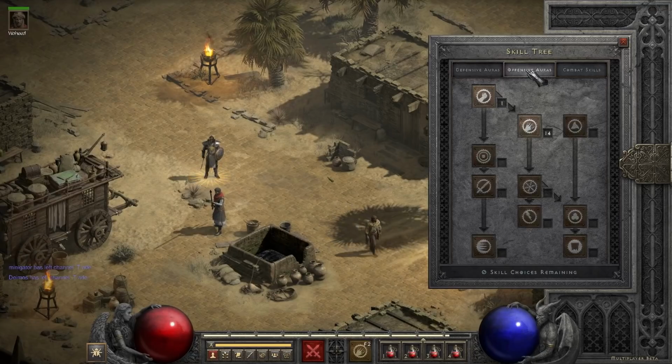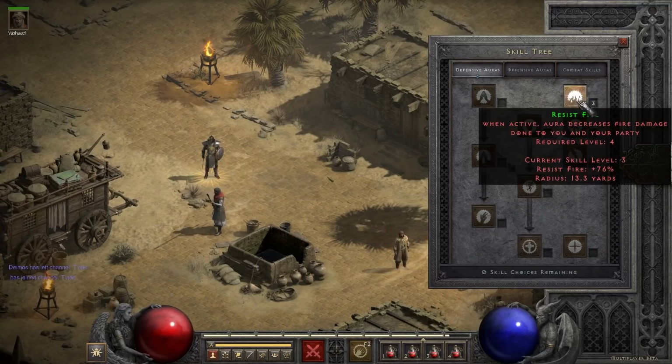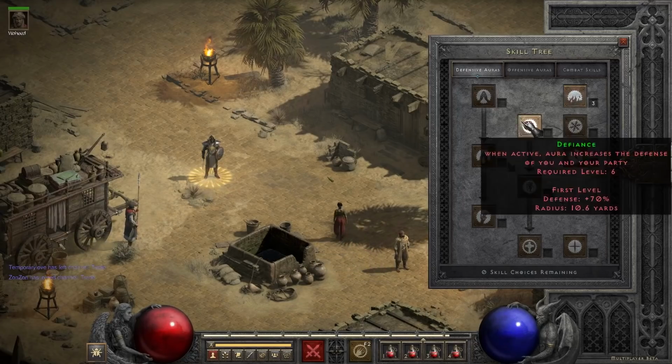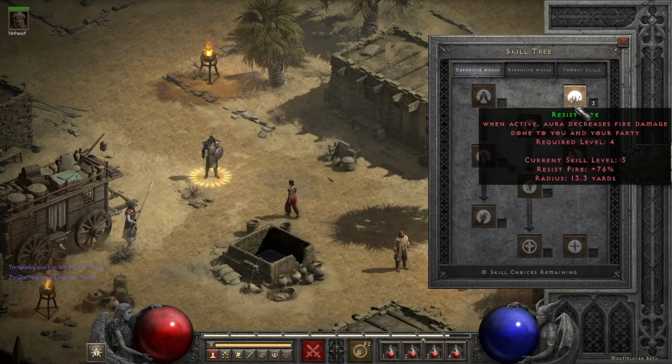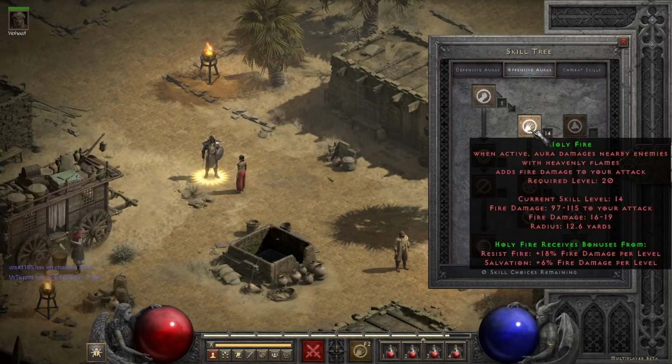And then once you have 1 point in each of those, you're going to go over to your defensive auras, and you're just going to put the next 3 points into Resist Fire. So this is level 4, 5, and 6. Or at level 6 you unlock this, so actually it's just 4 and 5, right? So then once you are level 6, you're going to switch over to Holy Fire,